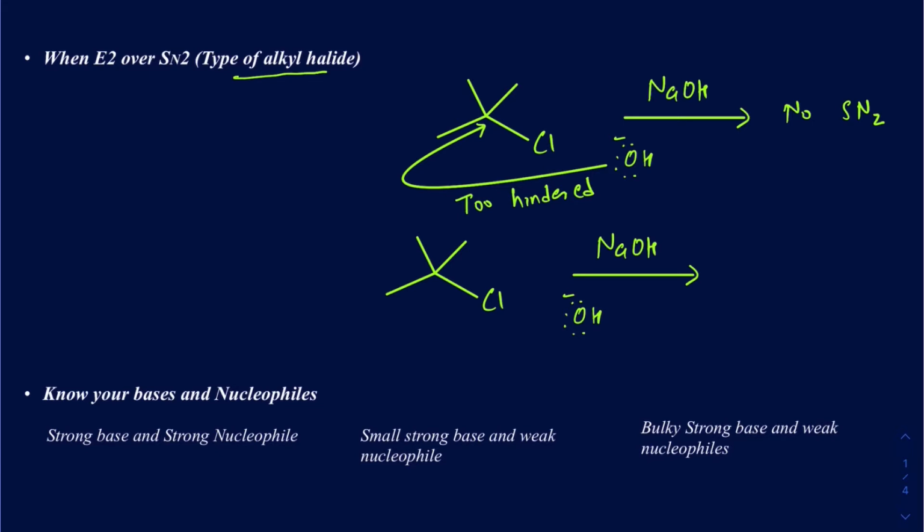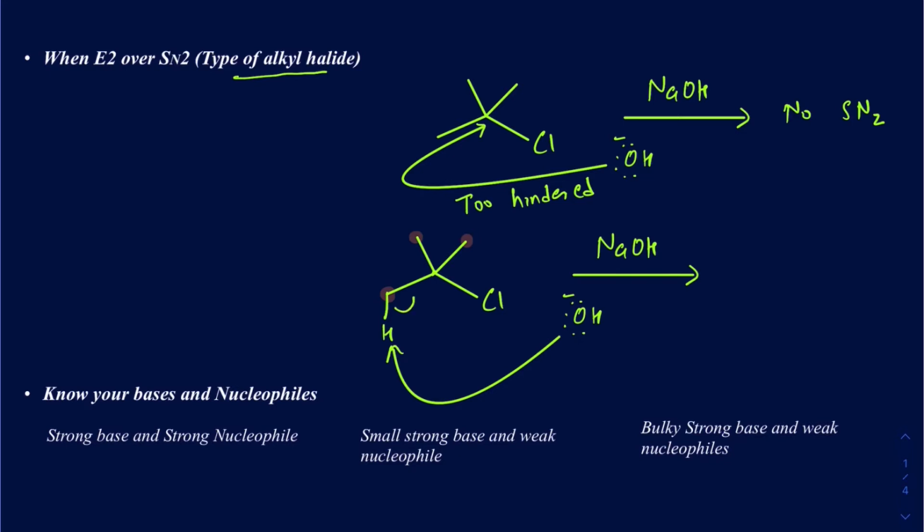So you have multiple beta protons there, but I'm going to be focusing on only one of those because they are all identical. You have methyl groups all over the place like this. These are all your beta carbons, and the protons on them are going to be equivalent. So you got one of these protons here. So instead of doing an SN2 there, because it's not possible, it's going to go in there to grab that proton,